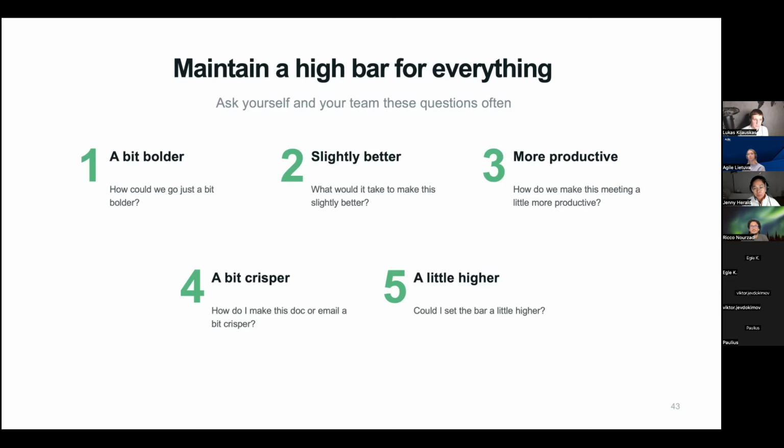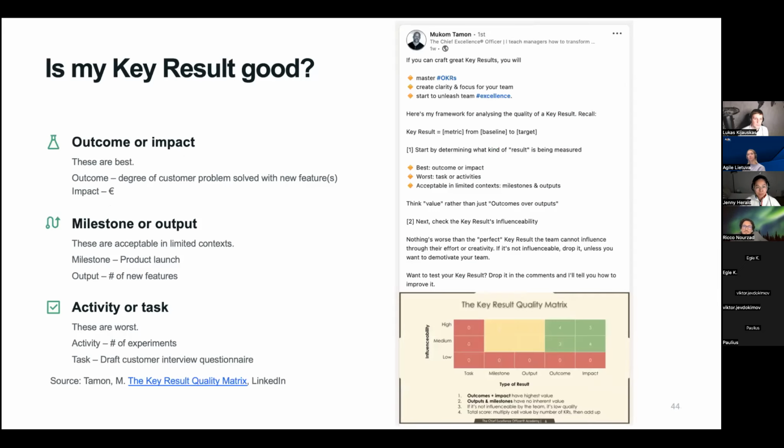When you do these things, what you effectively are doing is working on a high-performing team. And I really like working on high-performing teams. I hope you do too. And these are questions that you could be asking yourself as you're progressing in your work and working towards your OKRs. What can we do better is basically what we're asking.